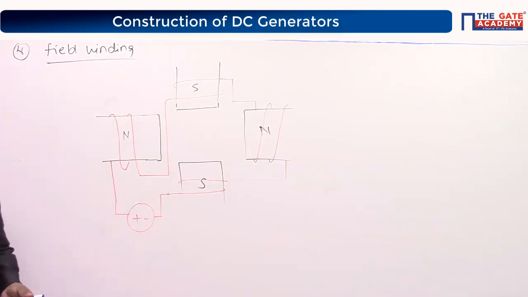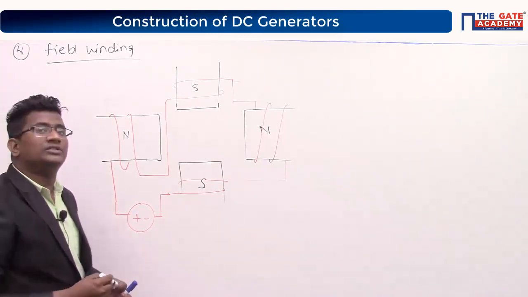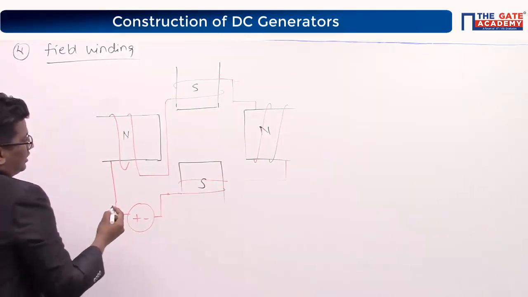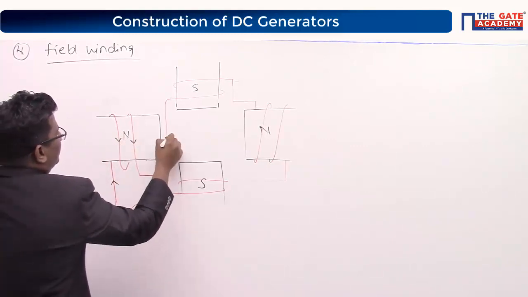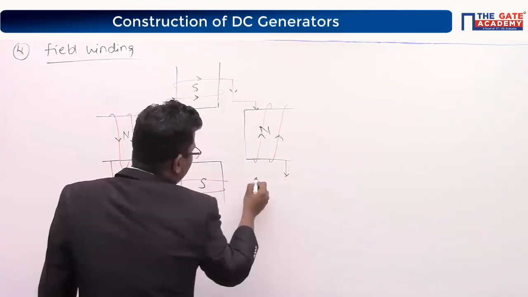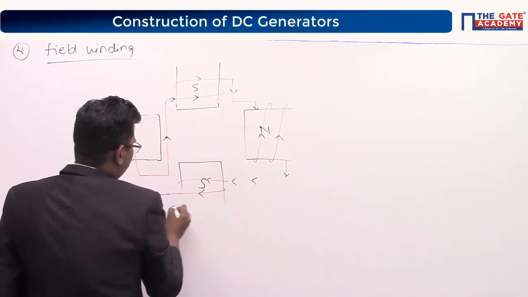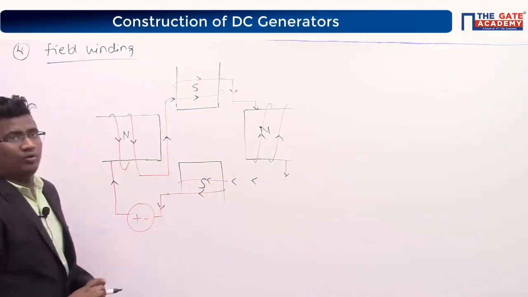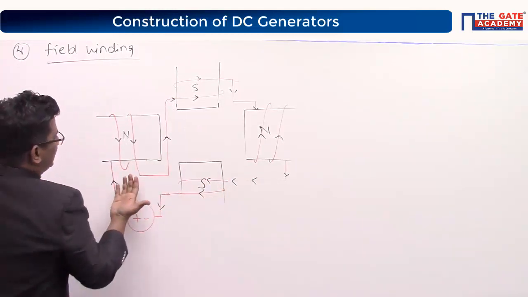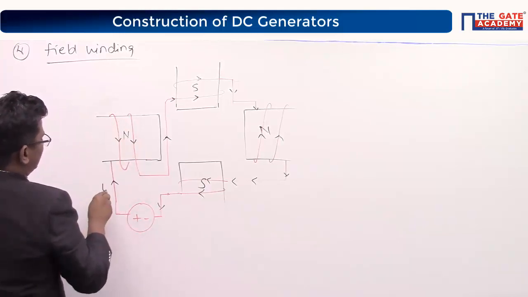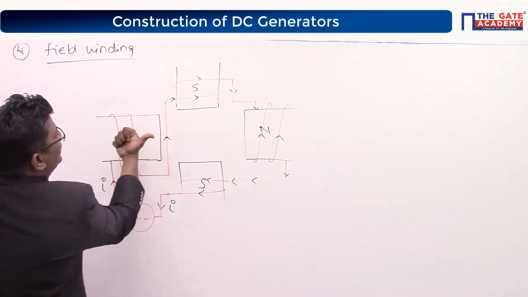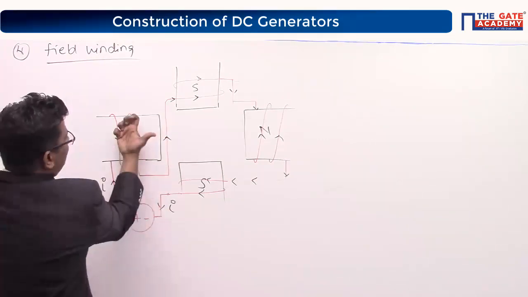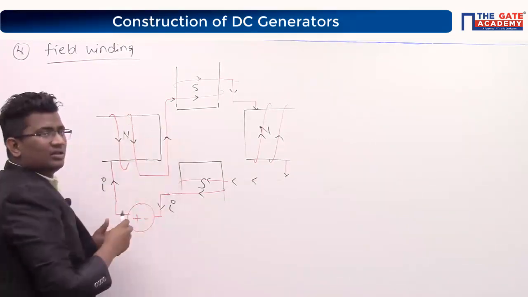Now look at the board. Sense of winding is very important for this. Now look here, current is flowing like this. Look at the north pole. See, current is coming like this, and this is the leaving current. Therefore, flux will emit, right? So north emits the flux.